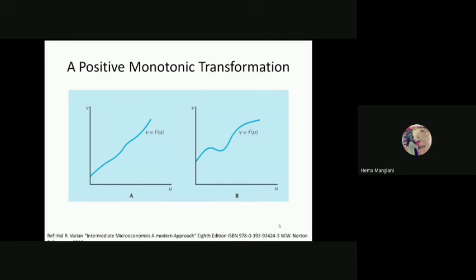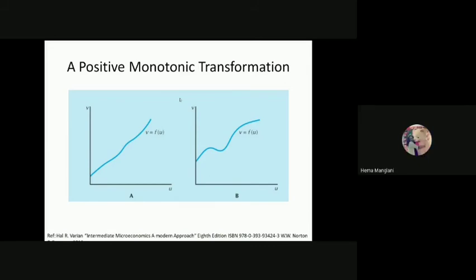Then we talk about a positive monotonic transformation. This says we have V, which is a function of this utility. The monotonic transformation means we are talking about monotonicity. I hope you all remember monotonicity. What does this say? I ask again and again because of your connection with this particular topic. What is monotonicity? The consumer wants more, more is better than getting less, for a rational consumer.